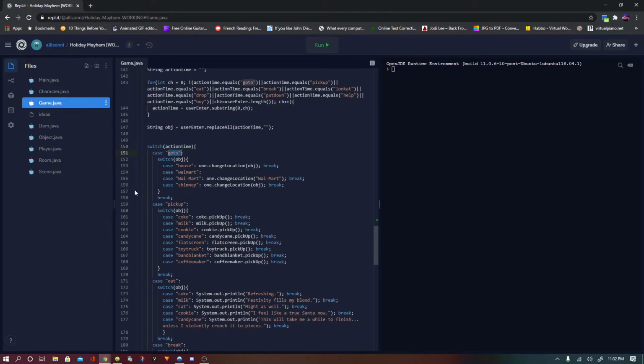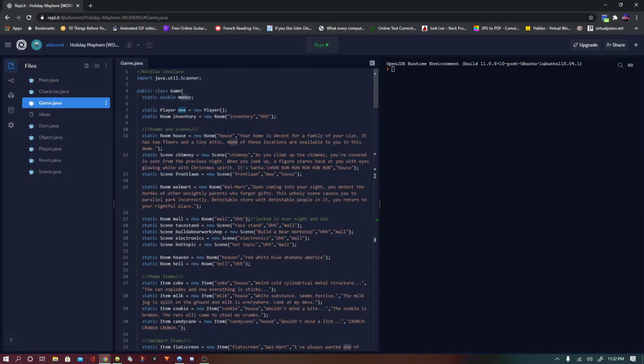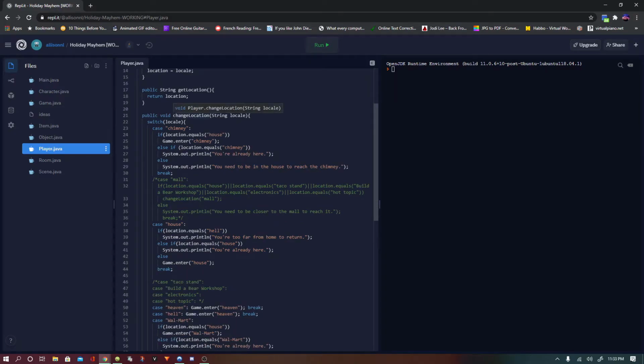So whatever action you're doing, right? I have these separated by action because they're all the same methods, as you can see, for each item. So if you're going somewhere, one is the player variable that I made. We go to player 1, new player, which a player is, I had all these ideas. Heavenly was supposed to be your morality points, and you're supposed to be a ghost at one point. And the only thing that you really use is this change location method, which is whenever you go to somewhere,